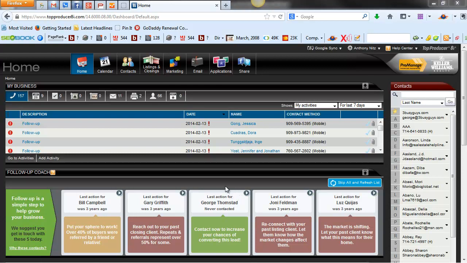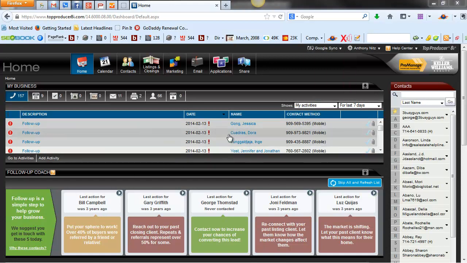Hey, I wanted to show you something, another reason why I use Top Producer, guys. This is so important, to make sure that you have your database, your clients, and all their contact information in one place that is easily categorized, that you can easily get the information, the data that you want. Let me show you something real quick that is probably going to get you a little bit excited here. So, what I've done is I've gone into my Top Producer and I have thousands of contacts,